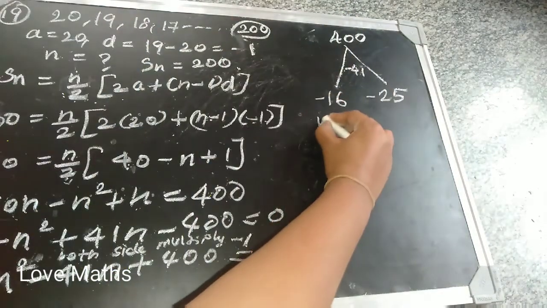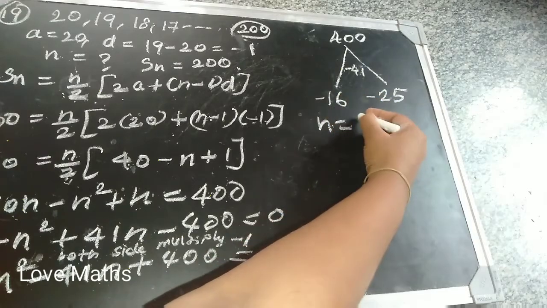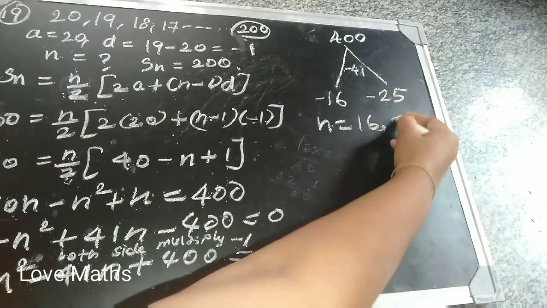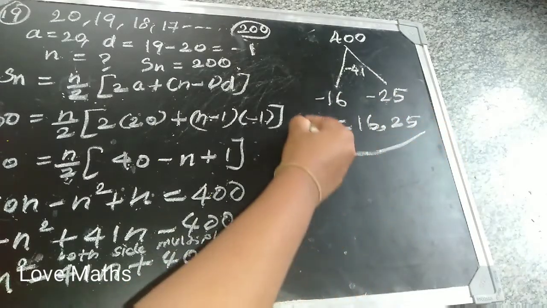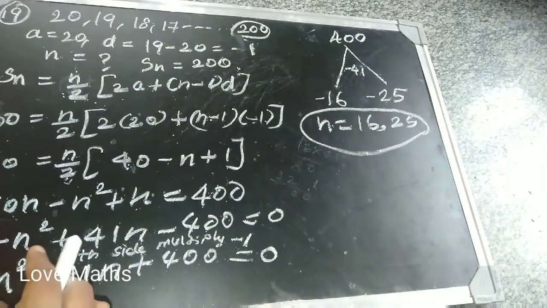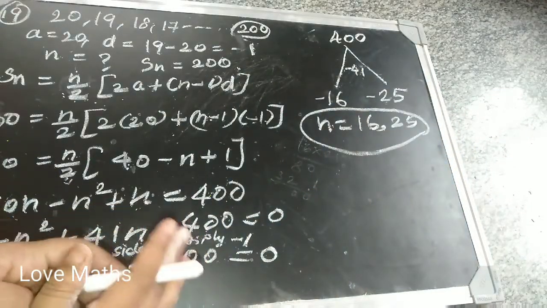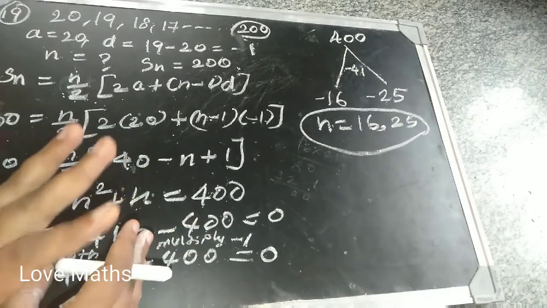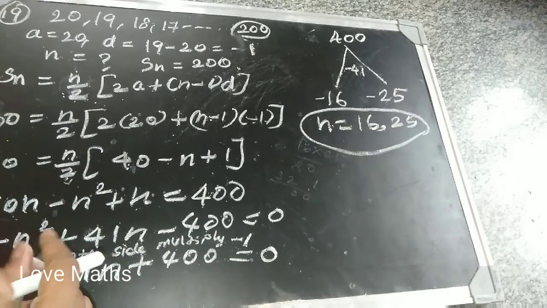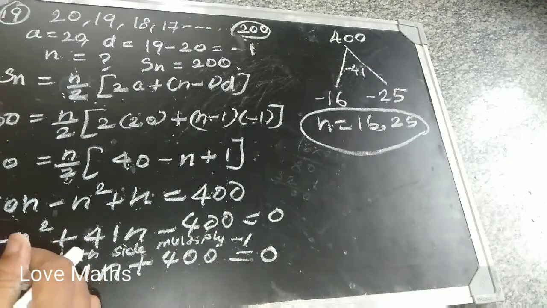Okay. Now n is equal to 2. Minus consider as plus. If you get n as one value, no problem. Maybe one is a whole number and one is a fraction, then you skip the fraction and take the whole number. But here both are whole numbers, so which is exactly the n value, you have to continue the sum.